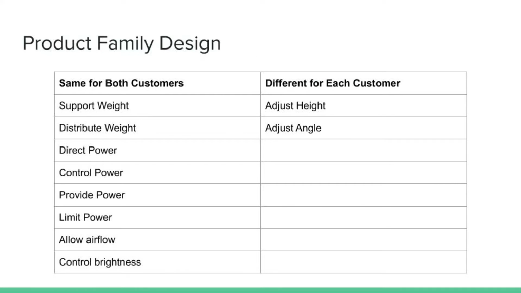For the product family design, we split our functions into which would be the same and different for both customers. As you can see, how the weight is supported and distributed will stay the same for both variations, as well as how the power, airflow, and brightness are handled. The main difference between the variations for primary and secondary customers is the adjustability. We plan to have the product design allow adjustability in height and angle, while the secondary design has no real